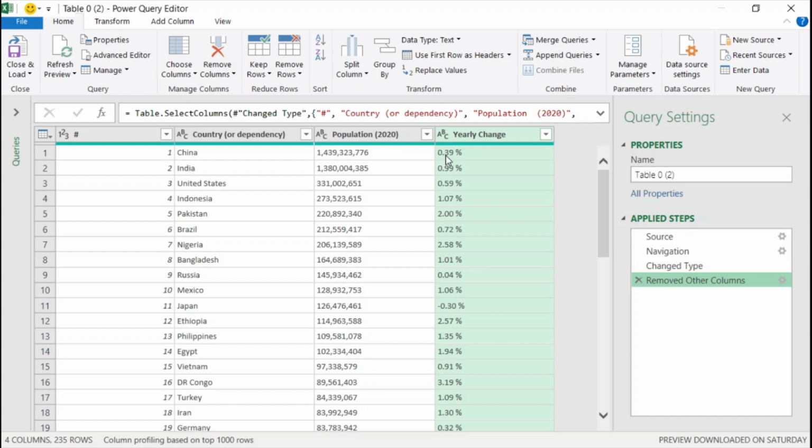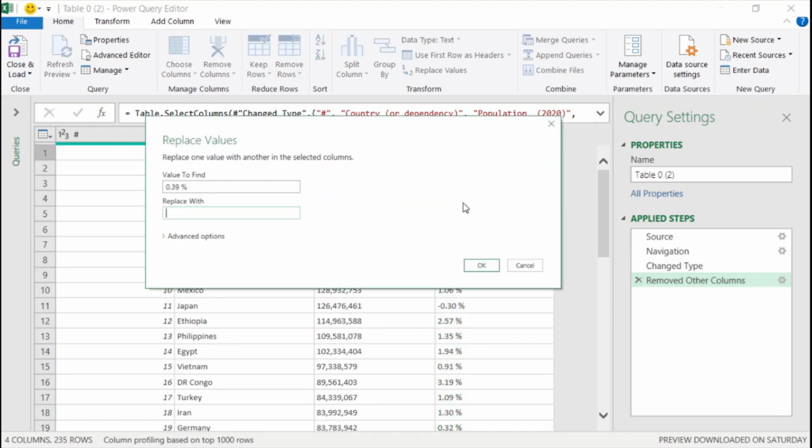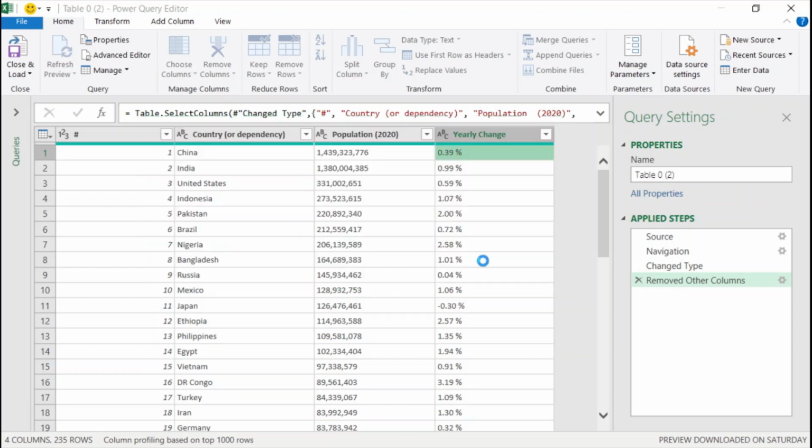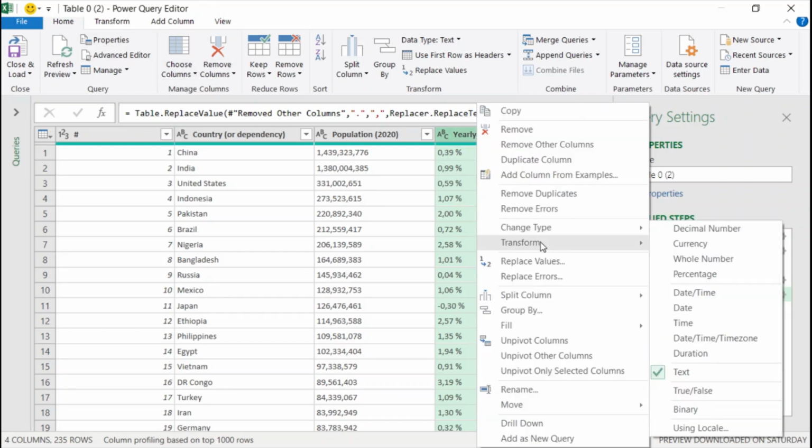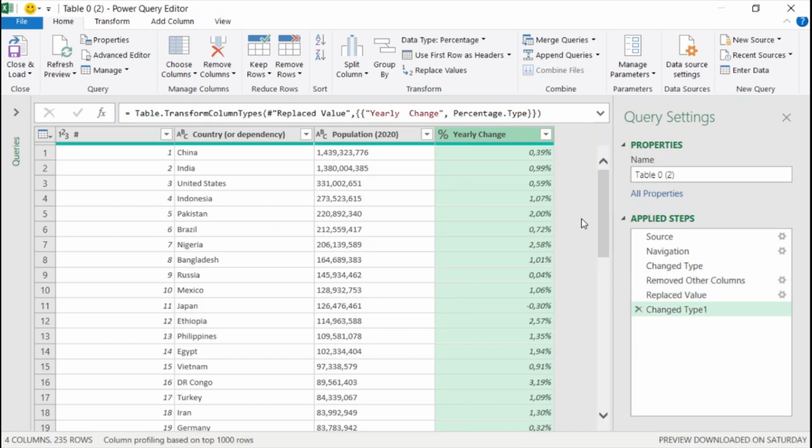It reads it as text. So what I have to do is I have to just replace values. This is one of the transformation steps you can do as well. So I just replace full stop with a comma. Then I say okay. You can see all my full stops have been changed to commas. At this point now I can transform it and change type to percentage, and it will work